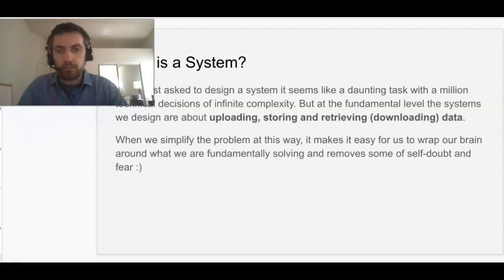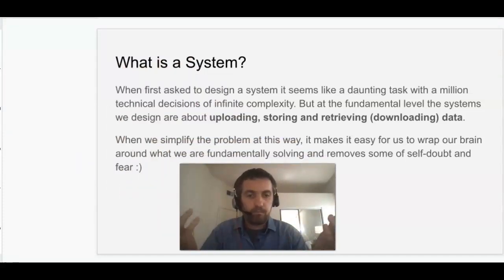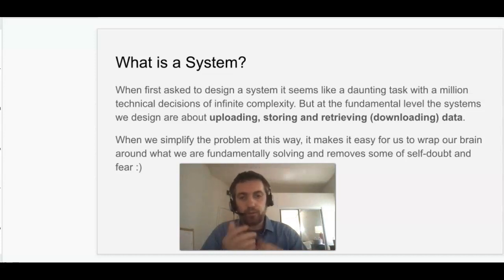What is a system? I think that's a good question to ask. A lot of times when we prepare for an interview or we deal with the questions of system design, it seems really scary. Wow, this is so complicated, and how do I deal with all these components and interfaces? A really helpful way to think about it, and actually this is something that helped me quite a bit, was when you talk about system, when you talk about